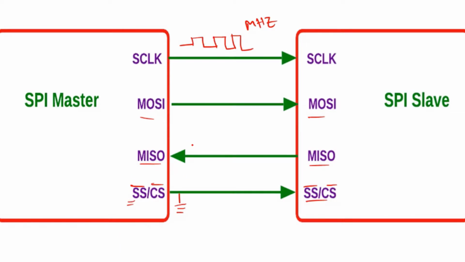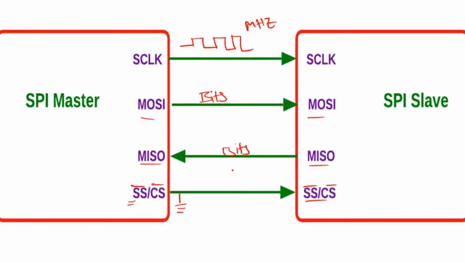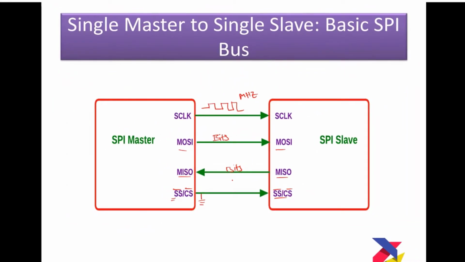Next, during each SPI clock cycle, a full duplex transmission occurs. Master and slave can communicate with each other. The master sends the bits on the MOSI line and the slave reads it, while the slave sends the bits on the MISO line and the master reads it. Multiple slave devices have to be selected with individual slave selects. Sometimes it is called the chip select line. And slave select is used instead of an addressing concept. So that is the operation of single master to single slave configuration.